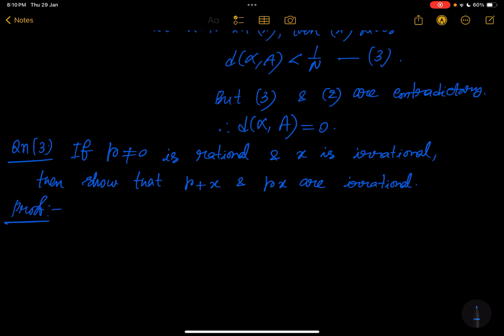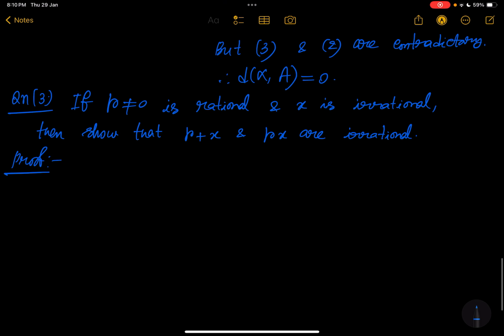Proof. How to prove this, right? So how to prove this? What we will do is try a contradiction argument. Okay, so step 1, here you prove that r plus x is irrational. Okay, so by contradiction,